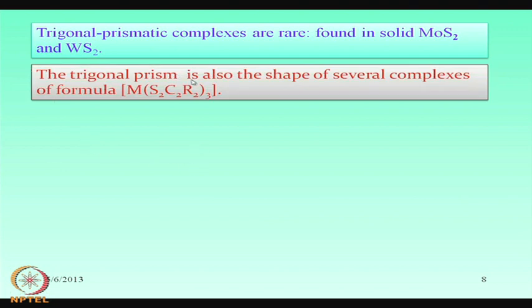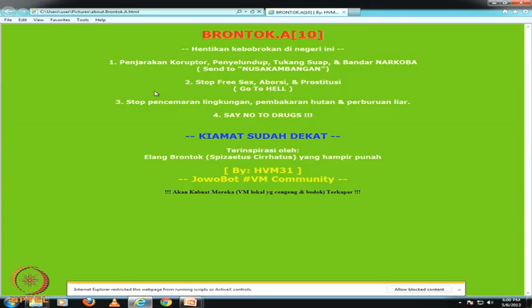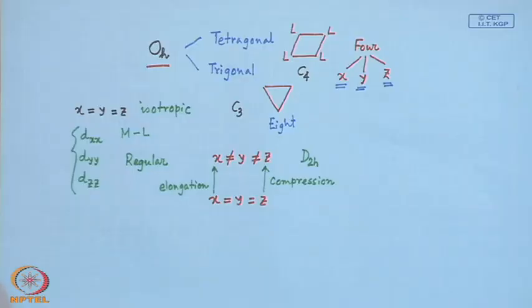A trigonal prism is also found in other types of complexes with dithiolane-type ligands, like xanthate and dithiocarbamate. These are dithiolane compounds where we have the CC backbone and 2 thiol units present. So, it is a bidentate SS ligand. When 3 such bidentate SS ligands are bound to the metal center, we get a trigonal prism geometry. So, we get that